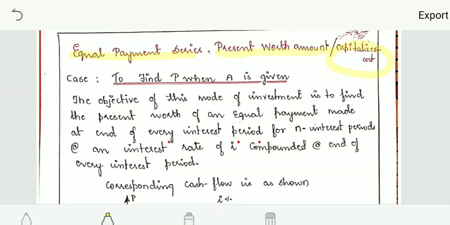The best example here is this: suppose you take a loan. When you take a loan today, or you invest this much cost today, how much do you have to repay to the bank at every year end or every month end, whatever is the periodic payment you have to make? You are going to calculate how much that amount is, which you have to repay up to n years, until the time period of your loan gets over. Did you understand this example?